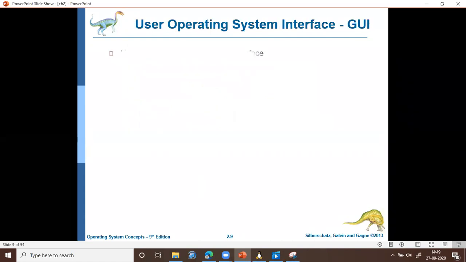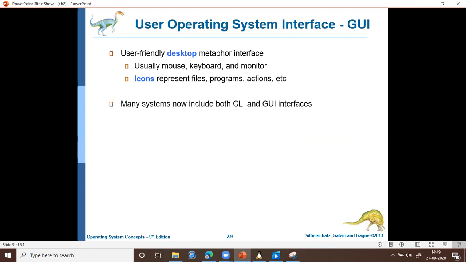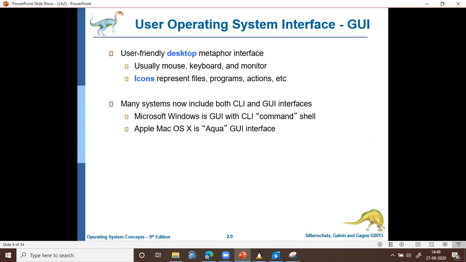And then the graphical user interface. It primarily uses a mouse, keyboard and monitor, and it uses icons to represent files, programs, etc. Nowadays, almost every system comes with both a command line interface and a graphical user interface. CLI stands for command line interface.